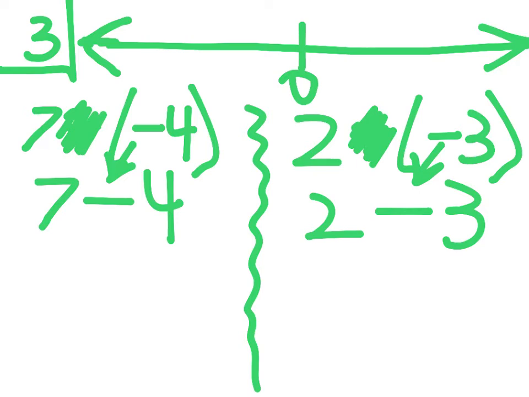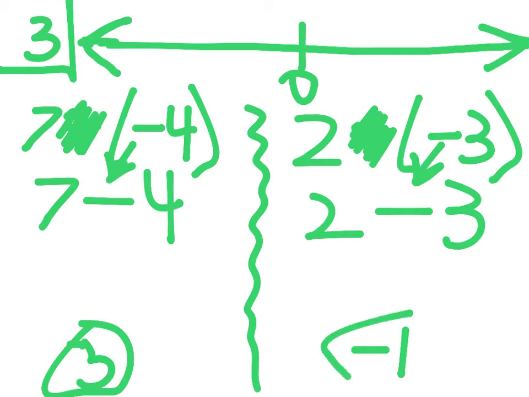We've got 7 minus 4. You guys already know that that's 3. All right, that's pretty easy. 2 minus 3, I hope you think it's -1. You would be correct. But again,